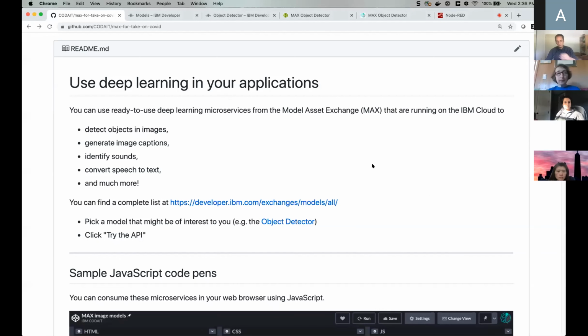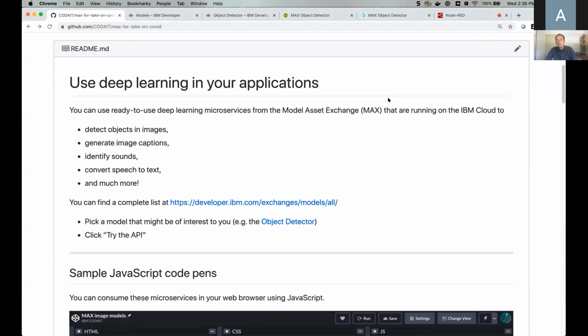Let me show you what we have that's completely free and does not require you to create an IBM Cloud account. It's a set of open source microservices. If you don't know what a microservice is, in essence, it is like an application that you can run in your local environment or in the cloud. That microservice exposes an API, and any developer can access that API. Depending on the type of API, you can implement your applications in Java, in Node.js, in Python, if you would like to.